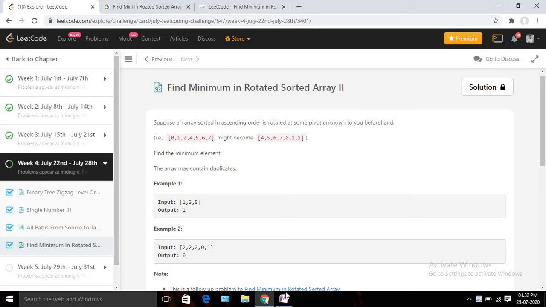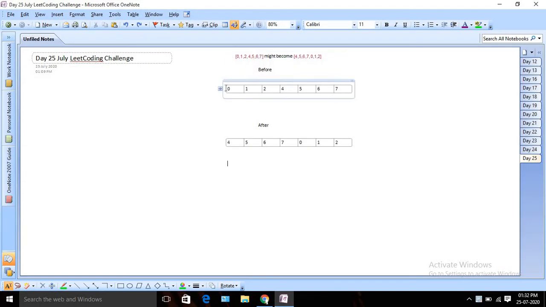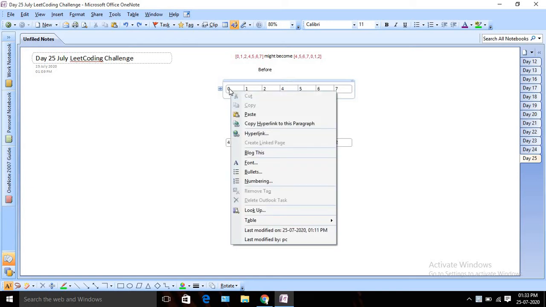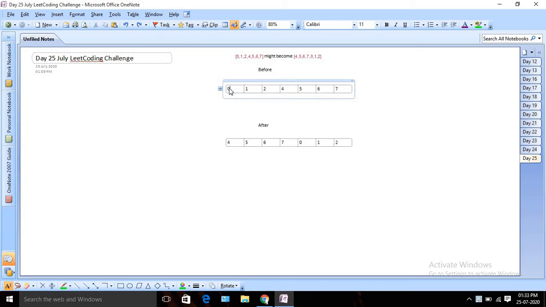So what is a rotated sorted array? You can check this example. I have tried to draw it here. So probably this is your sorted array, right? 0, 1, 2, 4, 5, 6, 7. This is the normal sorted array because you know that the first element will be the minimum. In this case, you can directly return the first element. But what is the rotated sorted array? Somehow they rotated it n number of times, and after some rotation, your array is looking like this. And this will be your actual input array, okay?